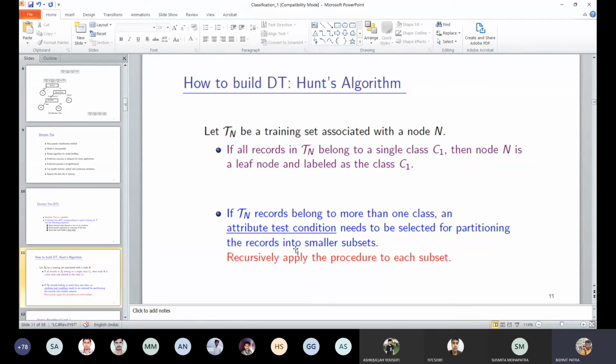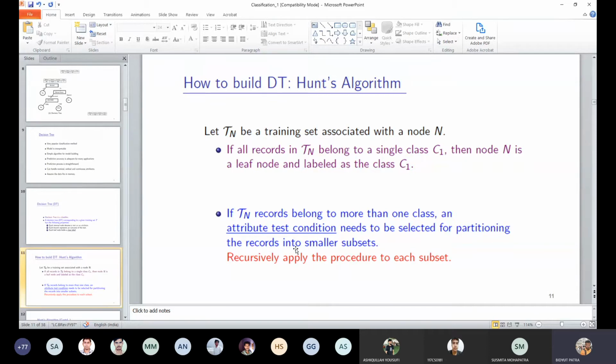Now what we find is there are records within the training data set, within the node, that belong to more than one class. And then what do we have to do? We have to choose one of the attributes for splitting the entire training data set into smaller parts.